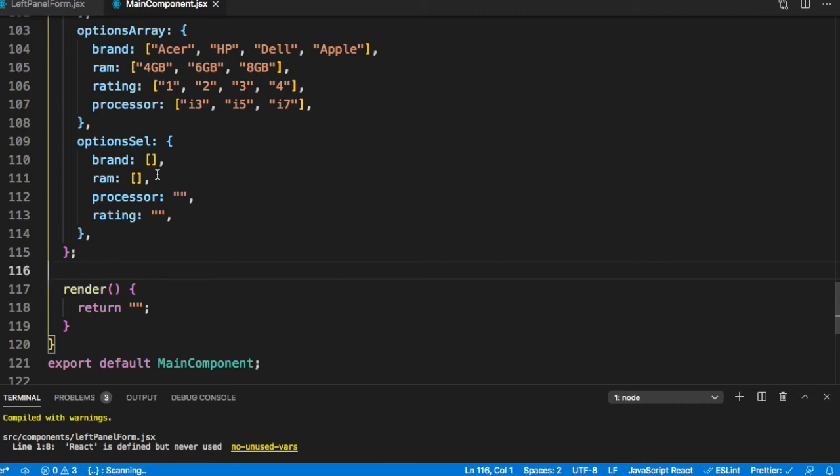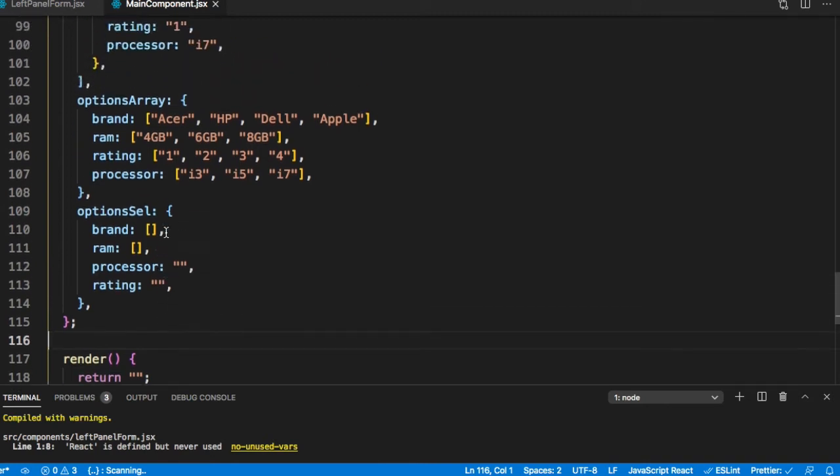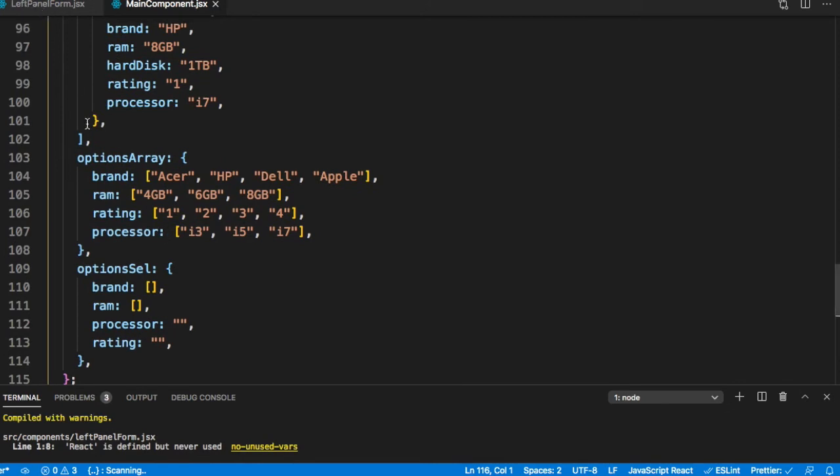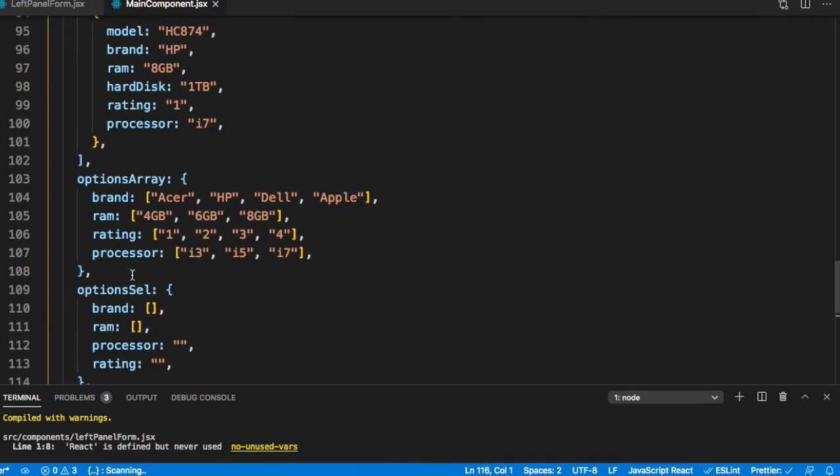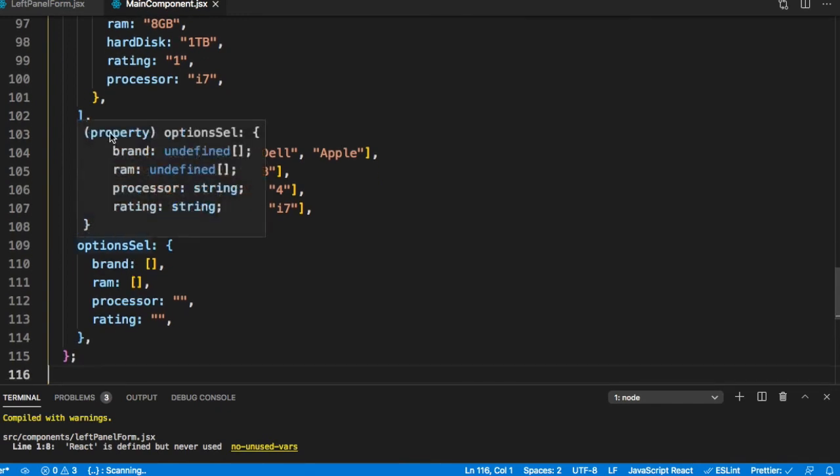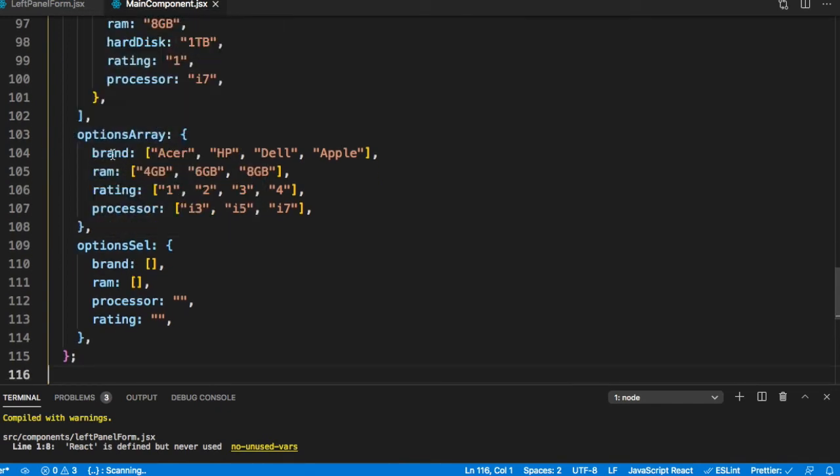Now what we want to do is send to this left panel form the options array, and we will send the options selected. So there are these two JSONs. The options array JSON is for the four options: brand, RAM, rating, and processor.